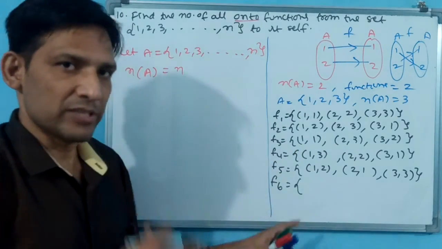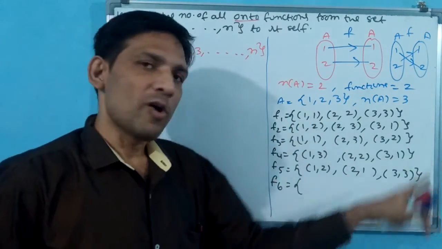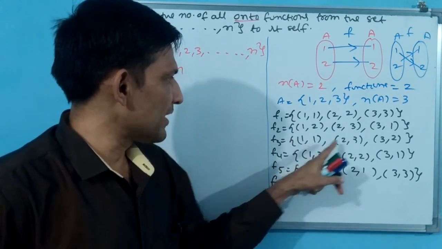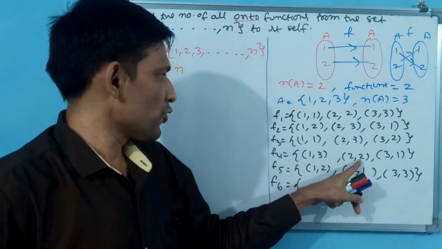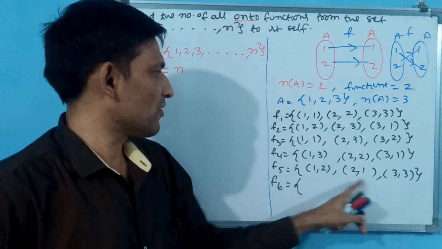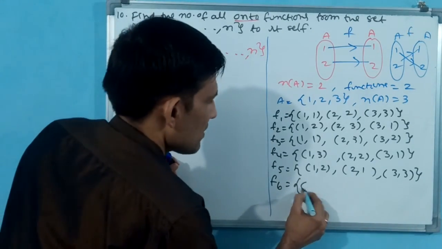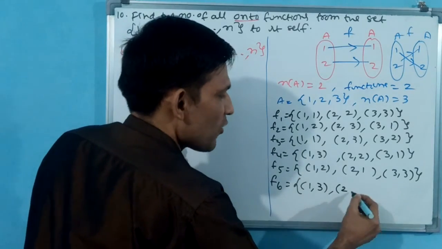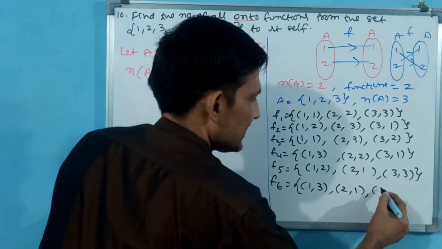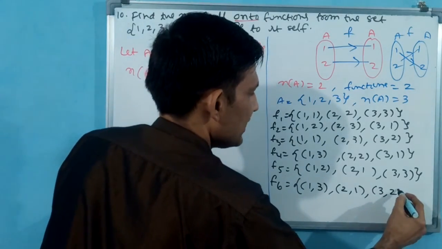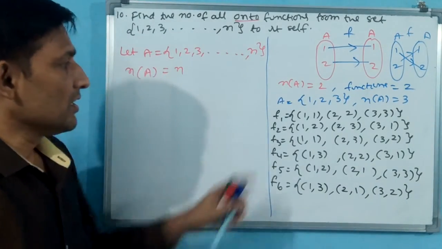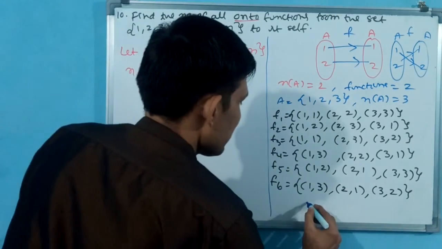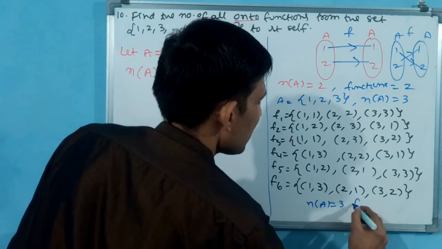Only 6 will come. That I will tell you how. 1, 2, 2, 2, 3, okay, you know. And 1 to 2, 2 to 3, 3 to 1 is also something you know. But 1 you have made, and between 2 and 3 you have made. 2 you have made, between 1 and 3 you have made. 3 you have made, between 1 and 3 you have made. Now you see, rather than 2, I have made the connection of 1 to 3. Rather than 3, I have made the connection of 2 to 1. Then 3 has the option for 2 only. Is it correct? You see, the function has not repeated, but a total of 6 functions have come. That means if n(A) is equal to 3, the number of functions is equal to 6.